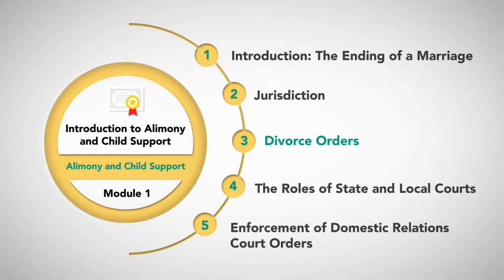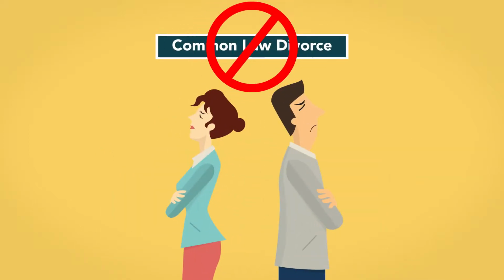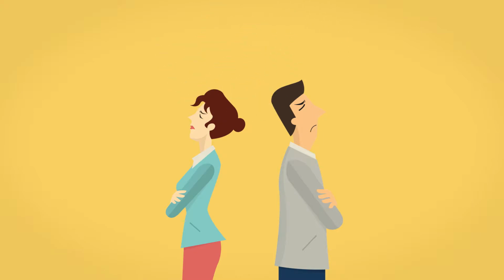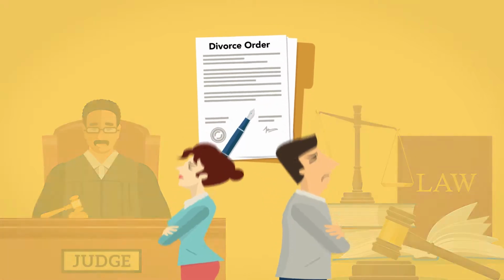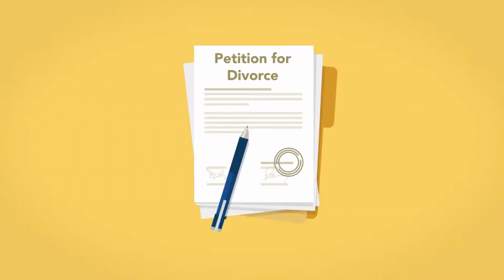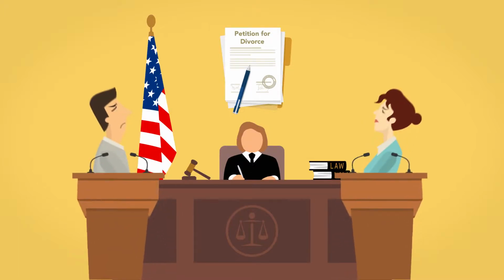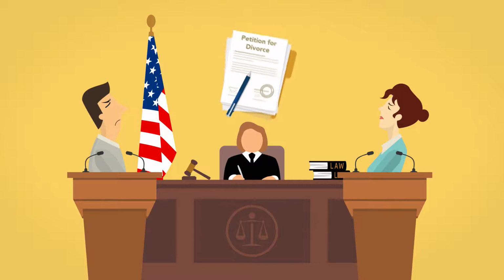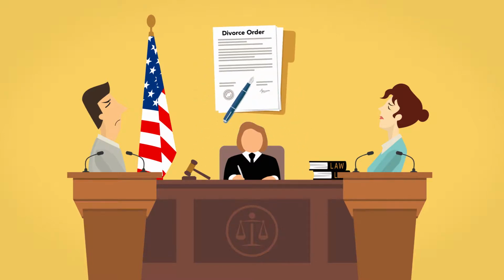While there was at one time something called a common law marriage, still recognized in some states, there is no such thing as a common law divorce. To be legally effective, a divorce must be certified by a court of law, except in some very rare and limited situations. In most cases, obtaining a final order of divorce will require filing a petition for divorce with a court, which will usually be followed with at least one pretrial hearing, which may be followed by a trial. The divorce is finalized by a final order of divorce signed by the judge assigned to the case.